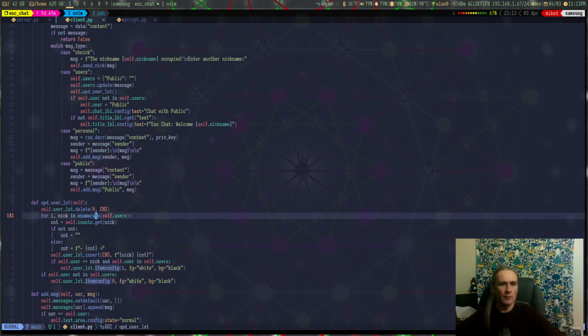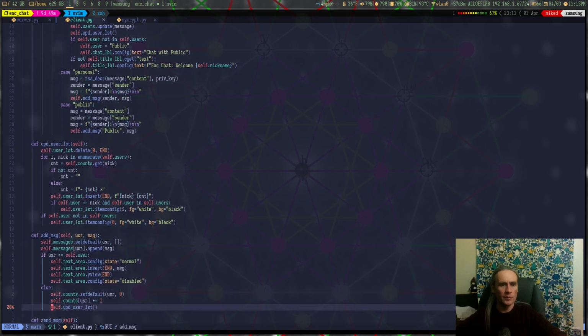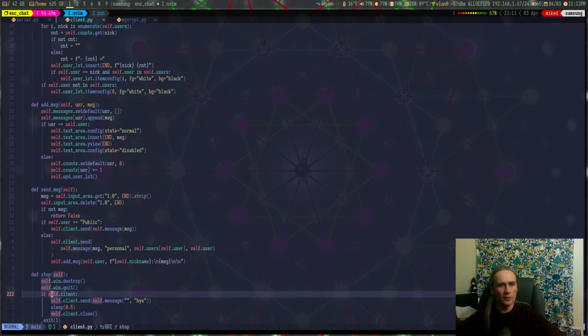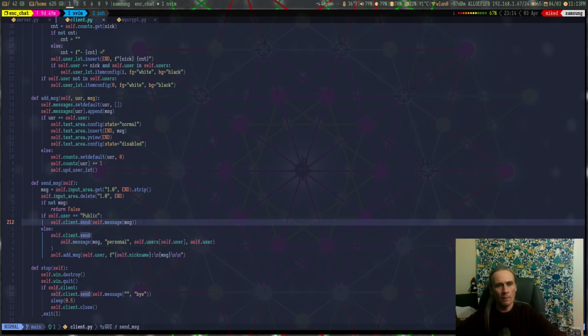So here is the update user list function. It works with the GUI as well. Here is the add message function, the send message function. So here we send messages differently. If we send to public, we send the message and it will be just encrypted using the server's public key. If we send not a public message, just personal to somebody, we mark it as personal,